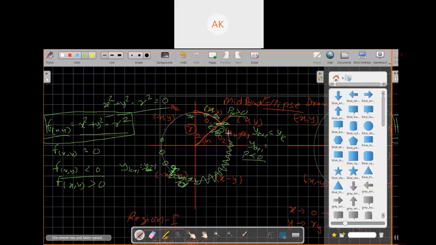One more thing. Suppose this is your path, road or something, and you are riding your bike. When you move inside, your handle moves inside, what do you do? Just move your handle the other side. When you move outside, you try to move the handle inside. So ultimately you are following your path. Okay? This is the right way to follow one particular path.